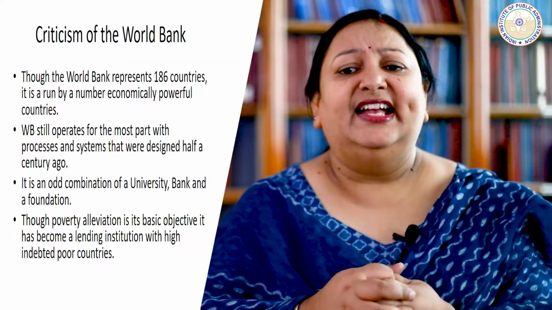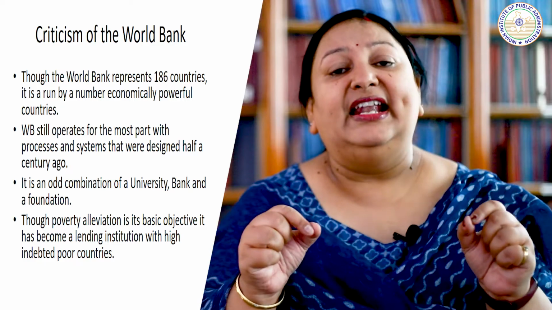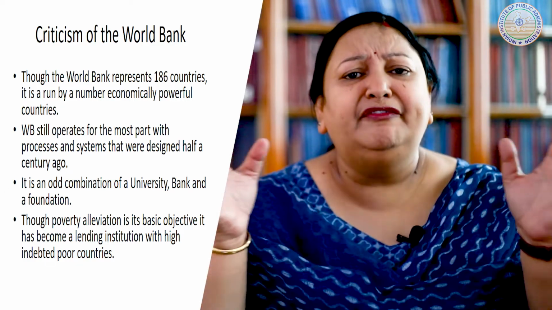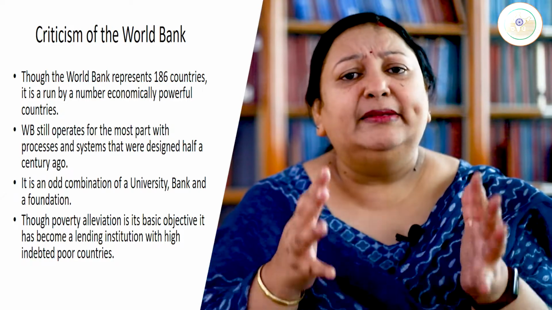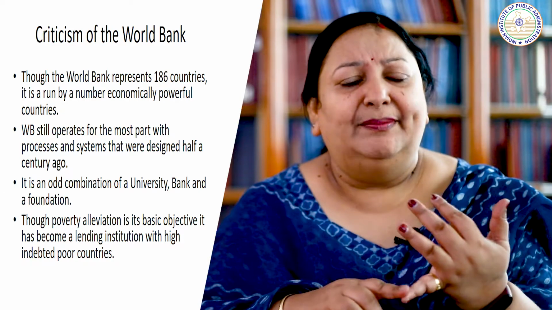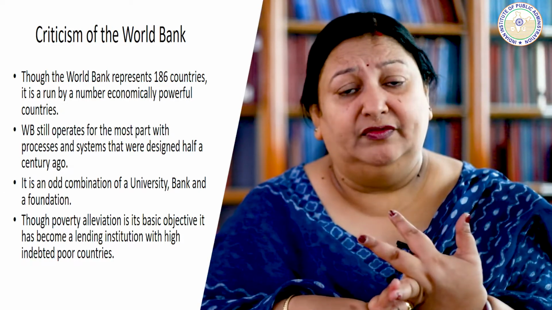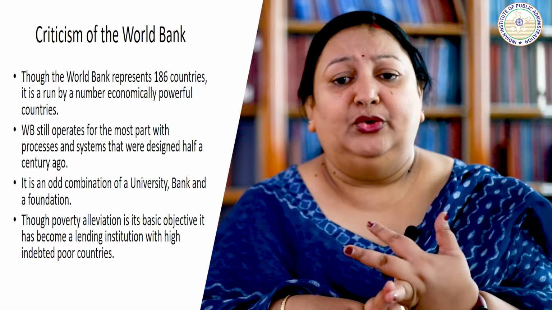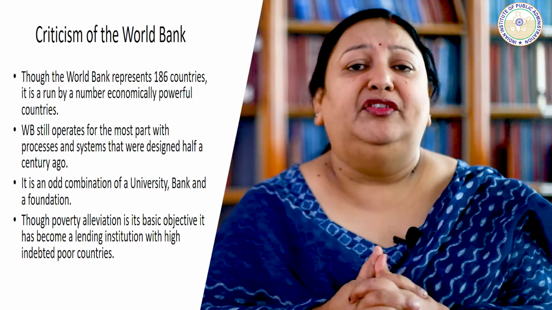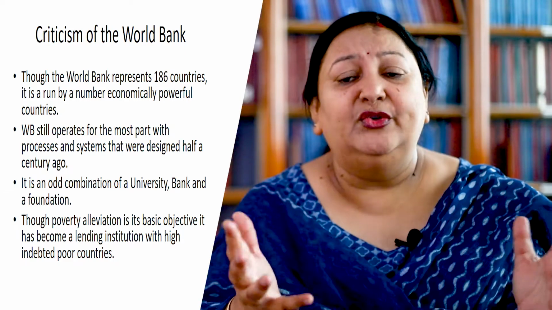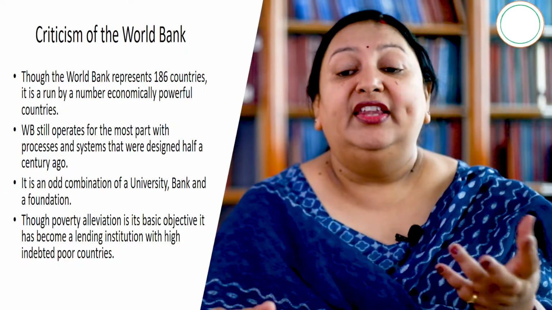Now, the World Bank and some of these multilateral institutions, including the IMF, have been heavily criticized because though they represent 186 countries, it is a few developed countries which call the shots in the World Bank. Always the president of the World Bank is from the United States, and the president of the IMF is from the European Union. So, though poverty alleviation is the basic objective of the bank, it seems that the bank has been reduced to a lending institution with high indebtedness